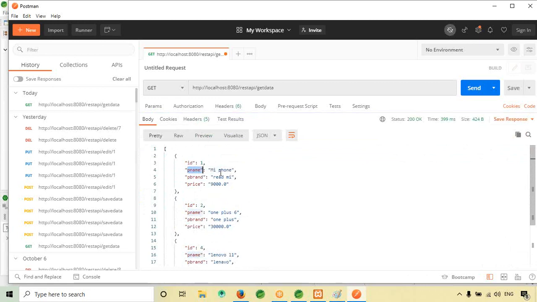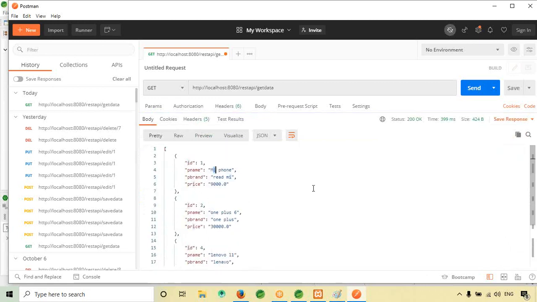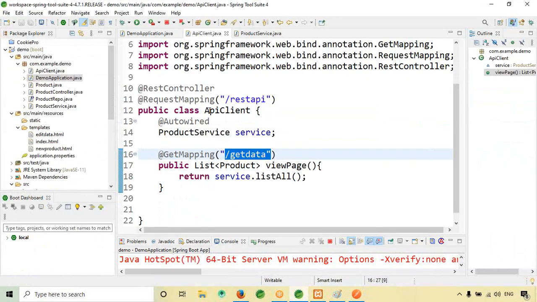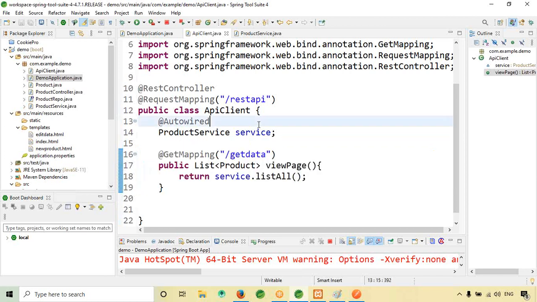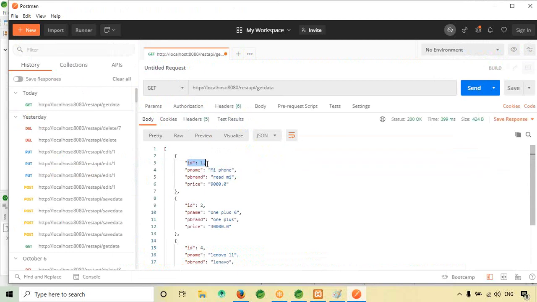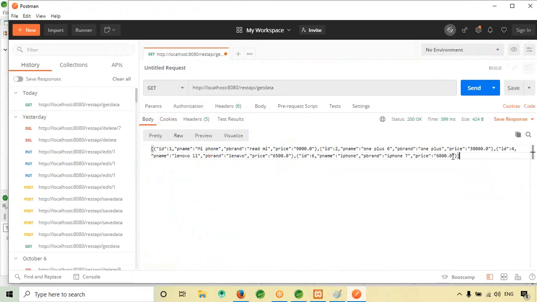Okay, key value. By default it is coming. That is the beauty of the REST controller. Just call the particular method with the help of GetMapping like this, and by default you can get it in JSON format. Here if I choose raw, I'm able to see all my data, id1, id2, like that. See, it is in the format of JSON.